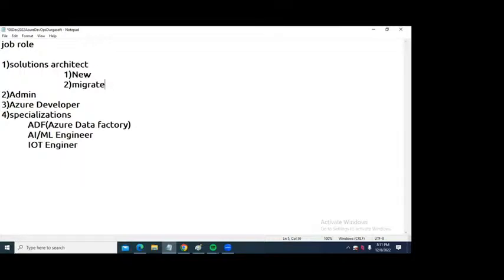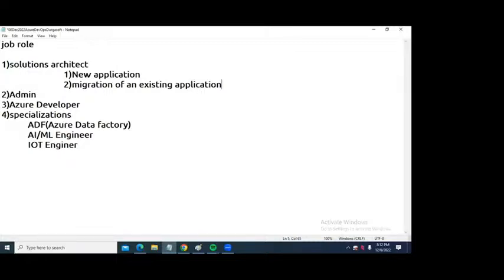So it can be a new application, or a migration of an existing application. It can be anything.